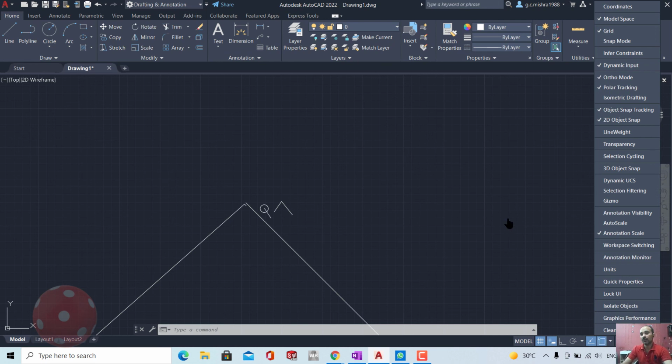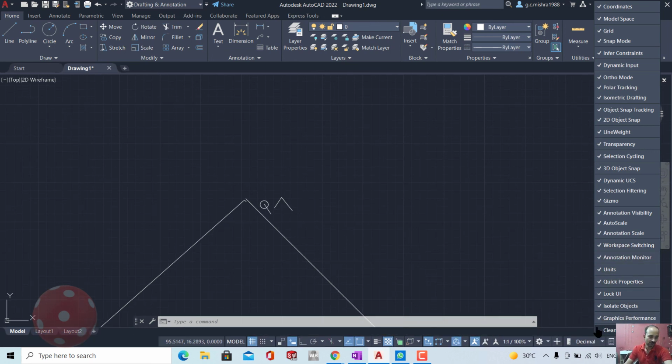But as a beginner you can turn on everything also. We have covered only the first 10, and we will be using only the first 10.